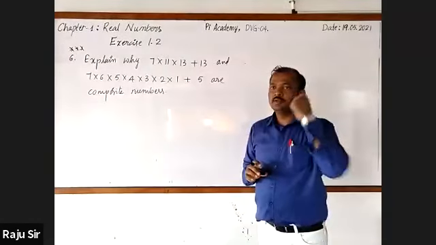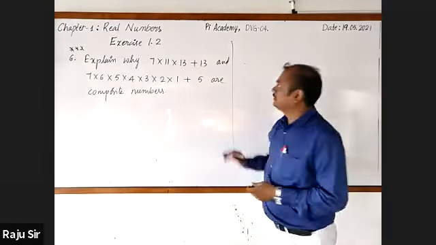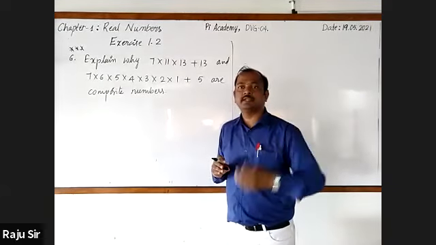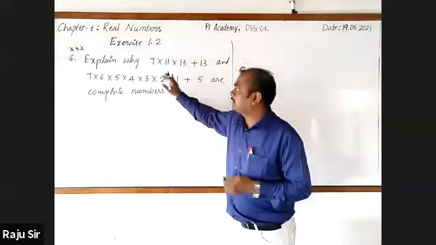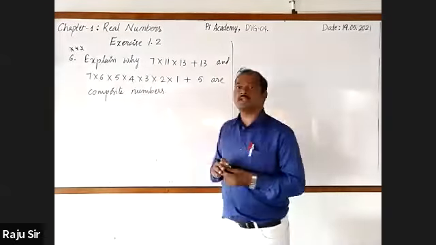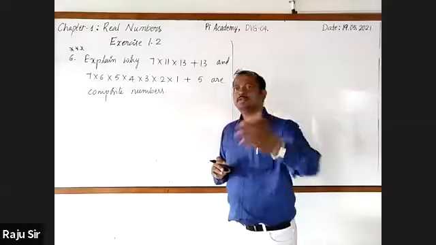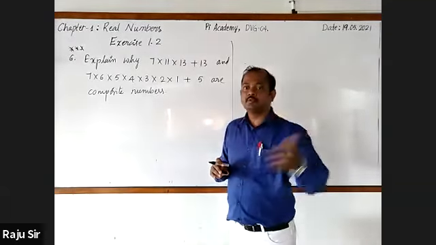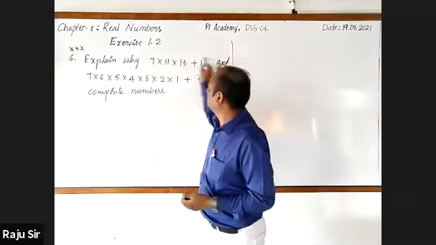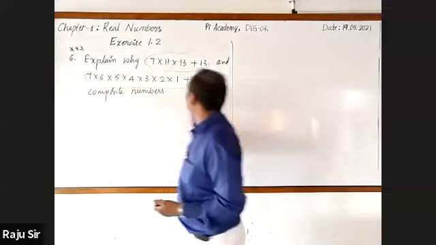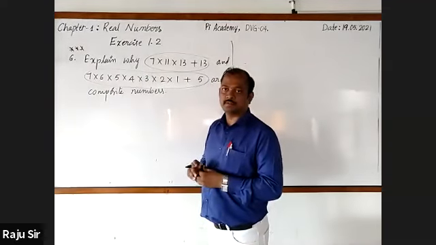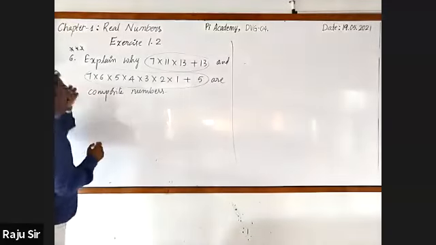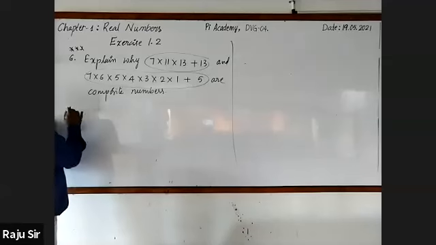Dear students, they have only told us that the numbers are composite, but we have to give the reason, we have to give an explanation for why these numbers are composite. I just told you about composite numbers. A composite number is a number that has more than 2 factors. So now we have to show that each of these 2 numbers has more than 2 factors. Let's take the numbers one by one.